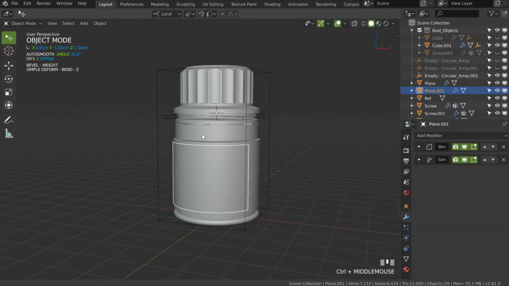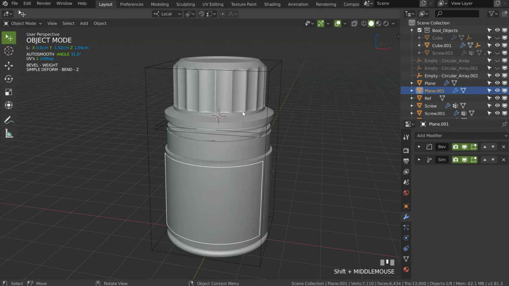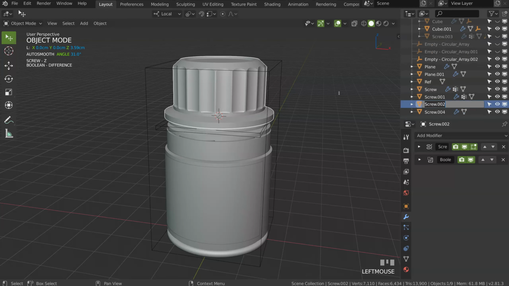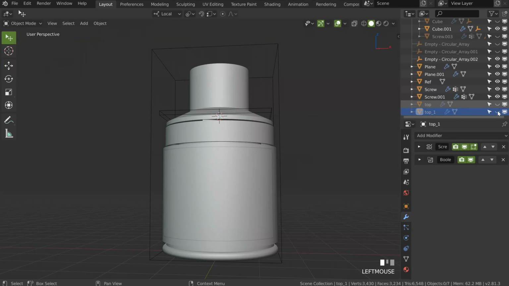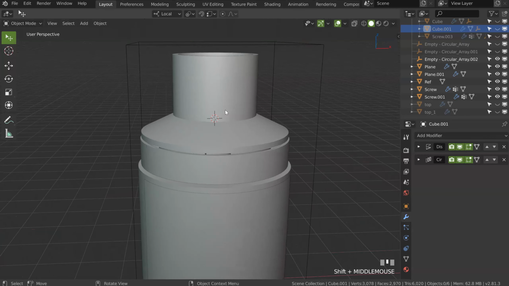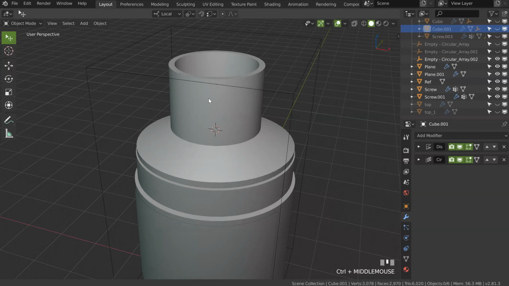So, I will save my scene now, File, Save, and we will add some pill inside. But I think I will name this one top up, and the other one top one up. Like that I can hide those two, I can hide this one, H. I think we will make this part here. This one will be a little bit difficult, but interesting.